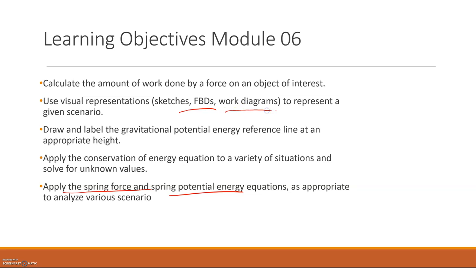We're going to be doing these things called work diagrams. This is where we're going to be using forces to help us figure out, is work being done? Is it negative? Is it positive? What type of work is it? And then we're going to be talking about gravitational potential energy. Much like in the bungee jumping example, where when you change your height, you're changing your gravitational potential energy. So take a look at these, keep these in mind as you're going through the module, and kind of check them off as you see them pop up.